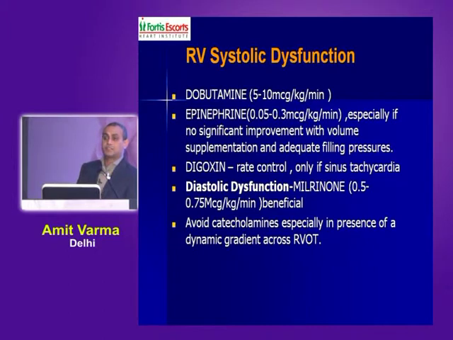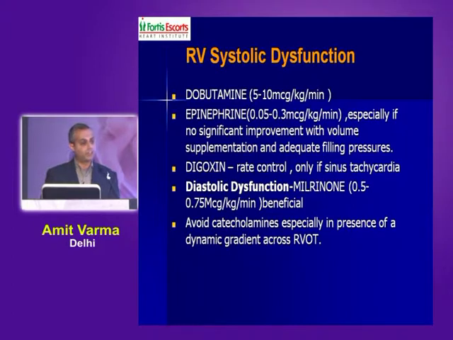If you're dealing with patients with RV diastolic dysfunction, our first drug after fluid is dobutamine. Till you have not filled up the ventricle, do not go to an inotrope. Fill up the ventricle. How much fluid? I don't know the answer. I would certainly give 10 to 20 mils per kilo aliquots. Once I've got adequate filling pressures and I see a benefit in the blood pressure, only then will I add an inotrope. We tend to use dobutamine and epinephrine as our mainstays when it comes to RV failure.